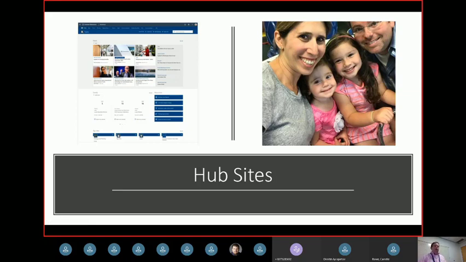So if I think about IT in my world, we have a hub for IT, and then within there I might have one for getting help and help resources that includes help desk and frequently asked questions and Yammer communities and stuff like that, as well as how do I get to the Office 365 or the Microsoft custom learning site. All of those would be off of that help site. I might have one for R&D IT. I might have one for the manufacturing IT group. I might have one for the shared